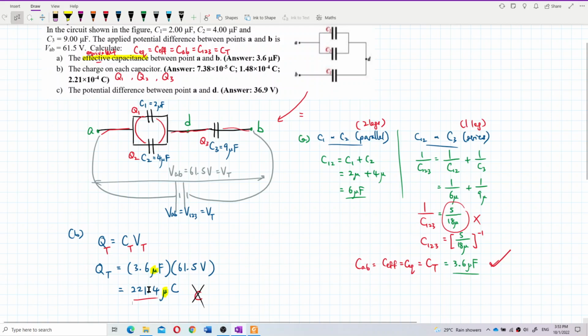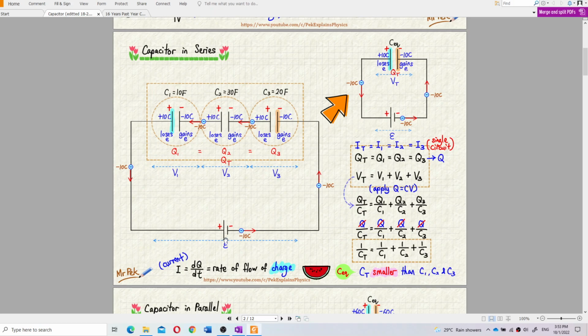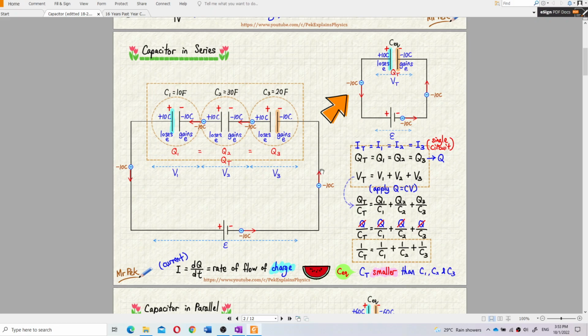How am I going to do it? Very simple. From there you work. From there you see the series circuit. After you get the total charge, from there you see the relationship. In a series circuit, the total charge is the same for all. You see that? Q total is Q1 equal to Q2 equal to Q3. V total is adding all the voltages together. From there you work